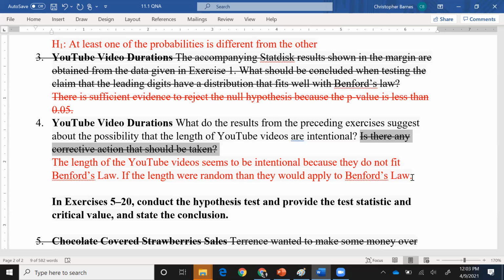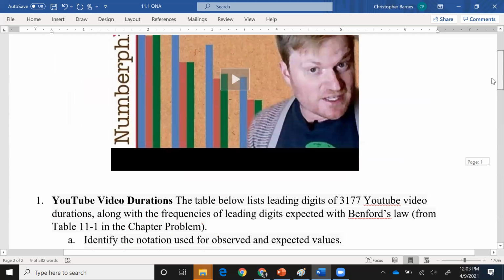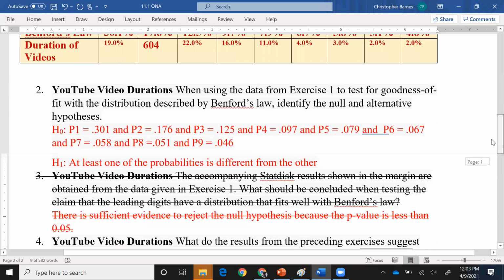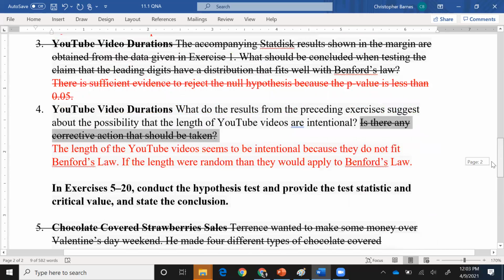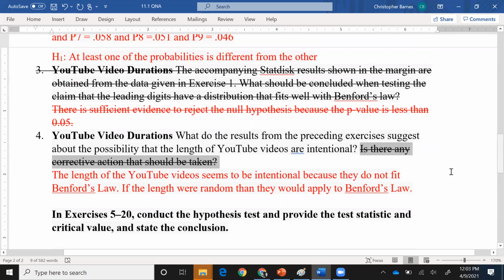Because one, if they're 30 minutes, you make more money per view. It's almost like an episode of television. The money that people get paid for these commercials is driving this aspect. So I think that's the reason why you look at Benford's, if you go back up to the data they were saying, the leading answer when they were doing all his data, actually this data doesn't say that, but in his videos they were looking at, the number one answer was the first digit was 3, which to me is saying that those videos are about 30 minutes long. And that's exactly where you get more money. Trust me, if I'm making money off the internet, that's what I'm gonna do.